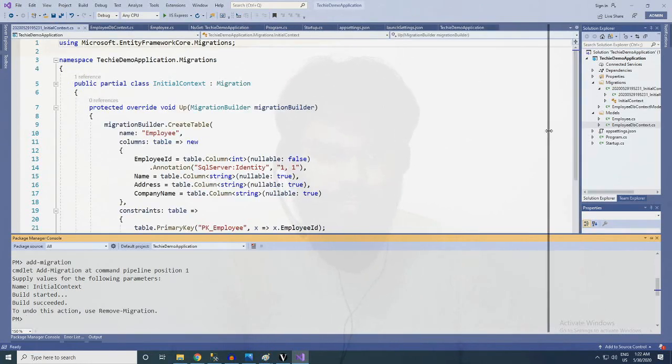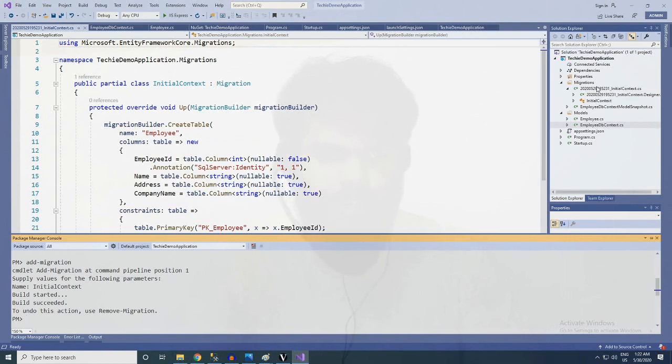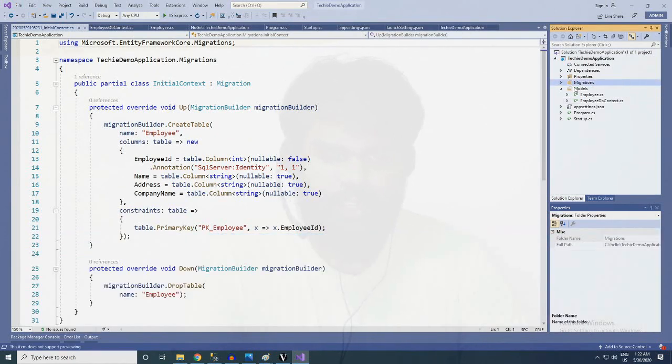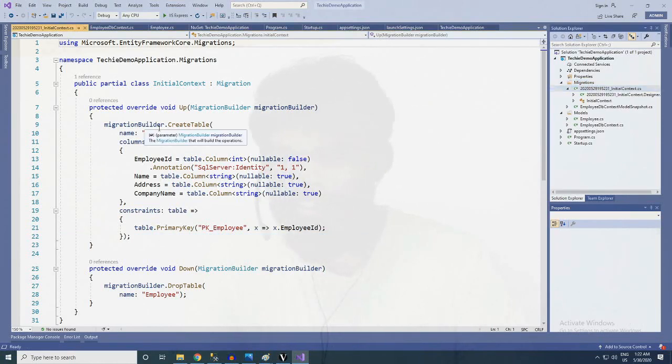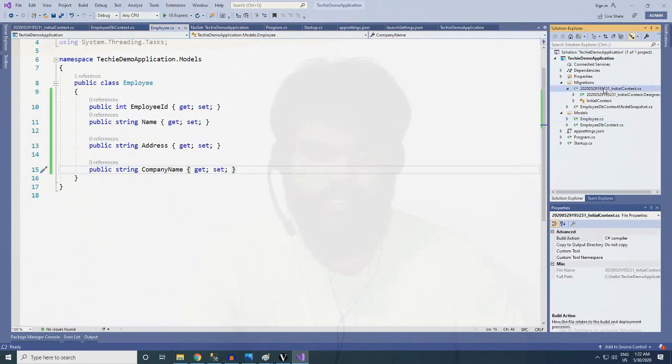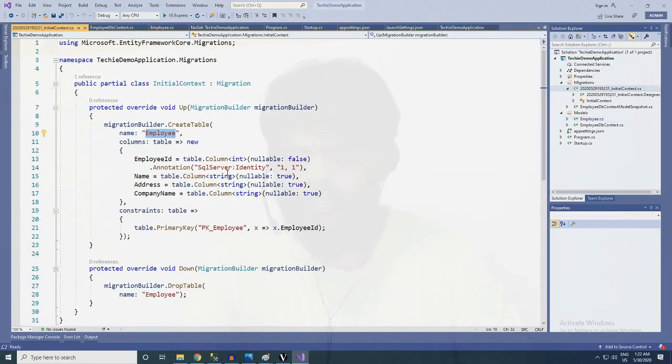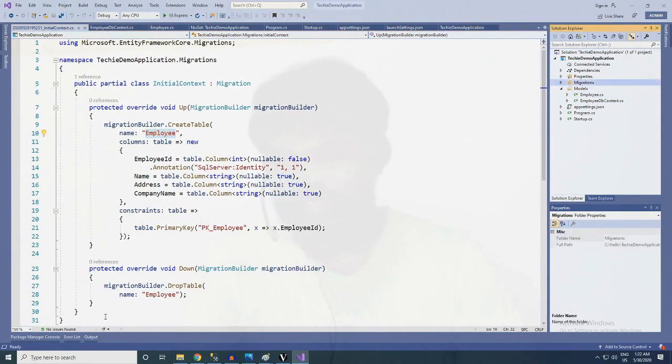You can also see it here. It is auto generated. In the new folder called migration we have got initial context, which contains the table employee which we created, and don't change anything here because it is auto generated, we don't need to touch this.